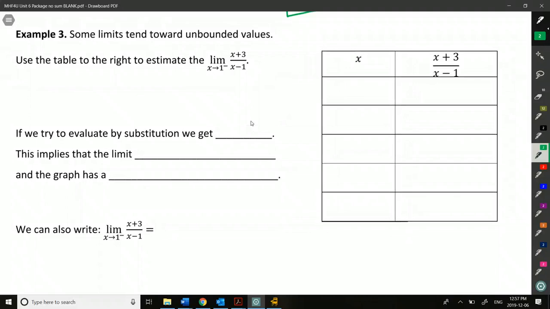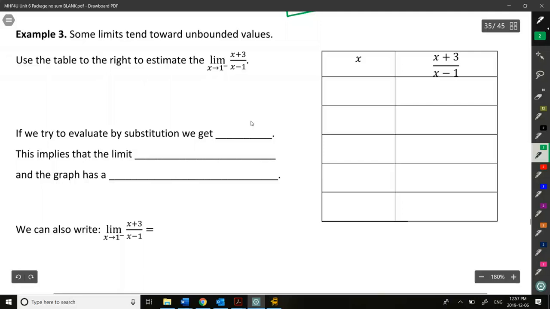And then for our last example, it's important for us to understand as well that some limits can tend toward unbounded values. So they can tend toward negative infinity or positive infinity, right? Like if I'm looking at a function and it's going up or down forever, that's going up toward positive infinity or down toward negative infinity for y. And those y's wouldn't be approaching any particular value as I approach a vertical asymptote or something like that. So